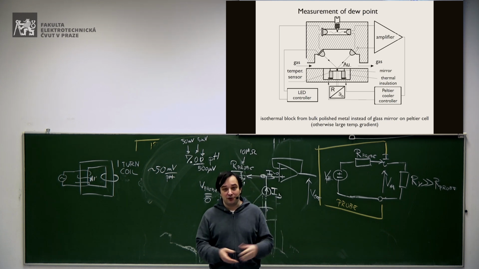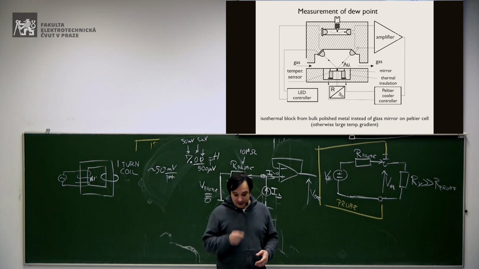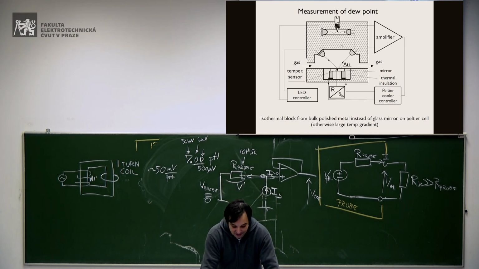Of course, as usual, you want to have a reference for a given humidity. So here you have the same type of system with a light emitter and a detector, but there is no mirror, it's direct, so the light is not affected by the presence of dew on the mirror, okay? And of course you get a differential response, as we have done multiple times in this course.